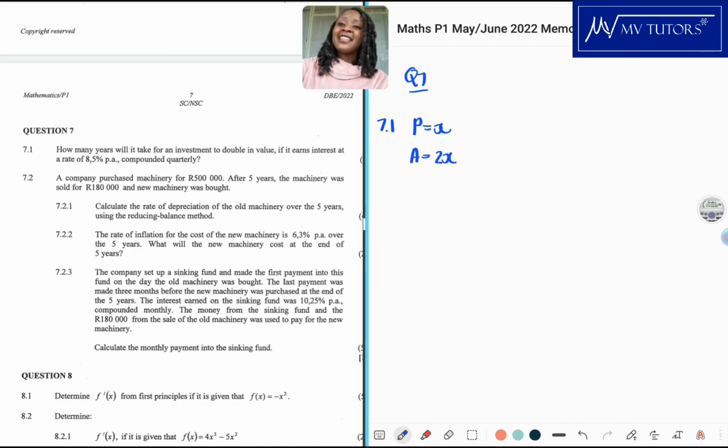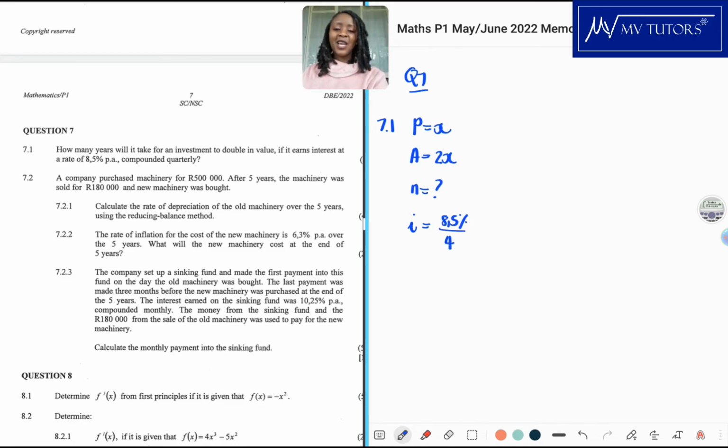Now we want to know how long it took to double, because on face value you're probably thinking it doubled in a month, but how long did it take? That's what we're asking. And then the interest rate is 8.5% per annum compounded